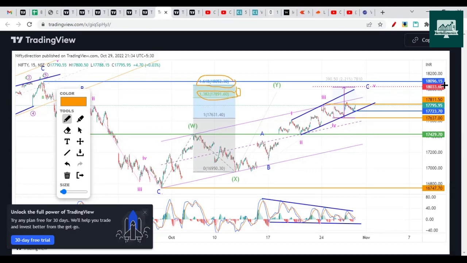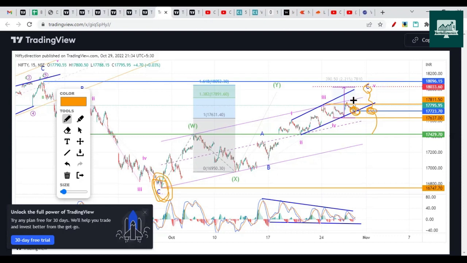This was the first case, where we expect it will not cross 18,035 and then the drop will start. This case is valid as long as 18,035 is not broken. We don't have to pick the top. We can wait for the drop to start from this point onwards, and watch whatever swing was made previously. Currently, as per the last closing, 17,723 is the last swing. If this is broken, then we can say the trend has changed and the downside has started. This swing will not be spared, it will be broken. I'm expecting more downside; at least 17,300 should come once this last swing is broken.